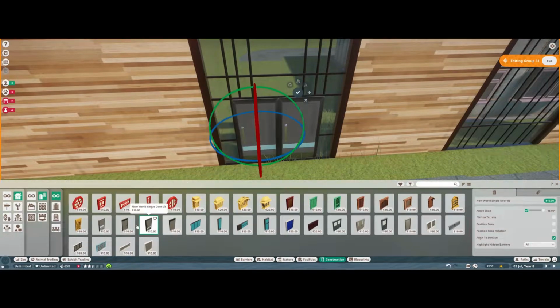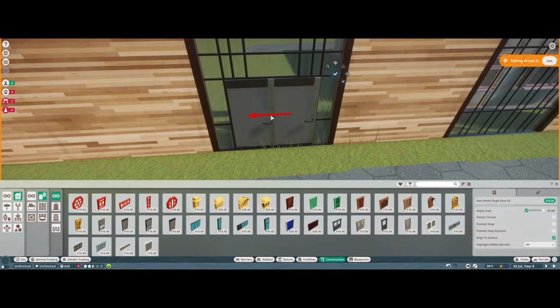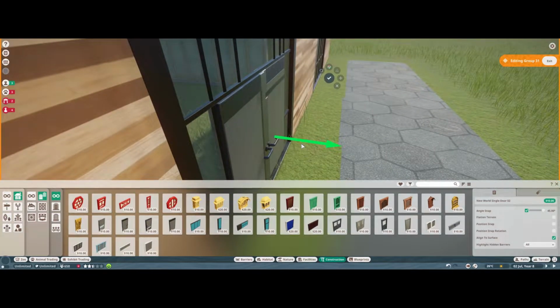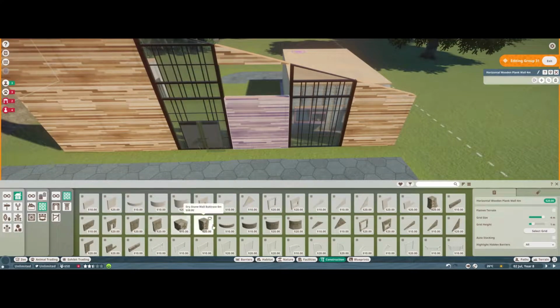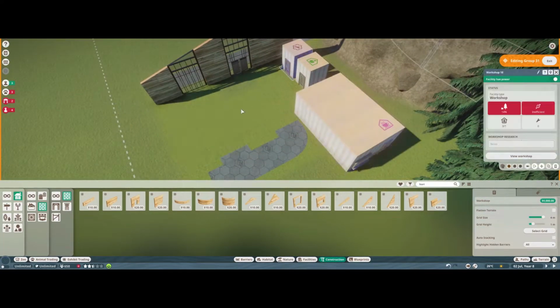I wish we had left and right variants of doors like we did in Planet Coaster. I know I'm saying there are a lot of wish list items. Every time I record one of these, I wish they had this. But I really do, because it would have avoided having to make a door go the opposite direction and still look like it belongs. Like, I just didn't flip a door upside down. But anyway,